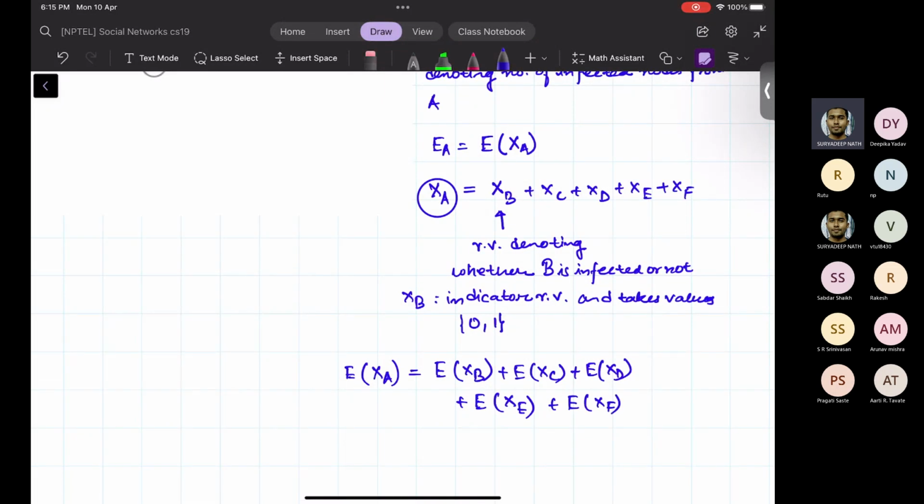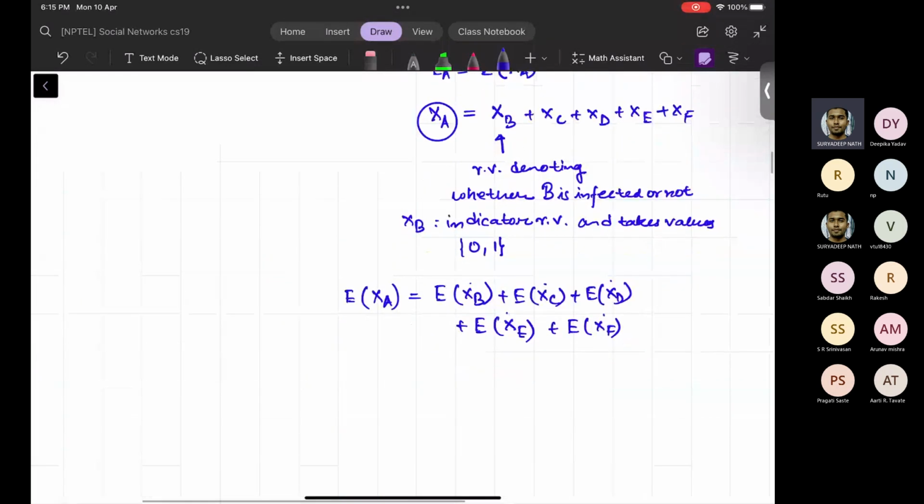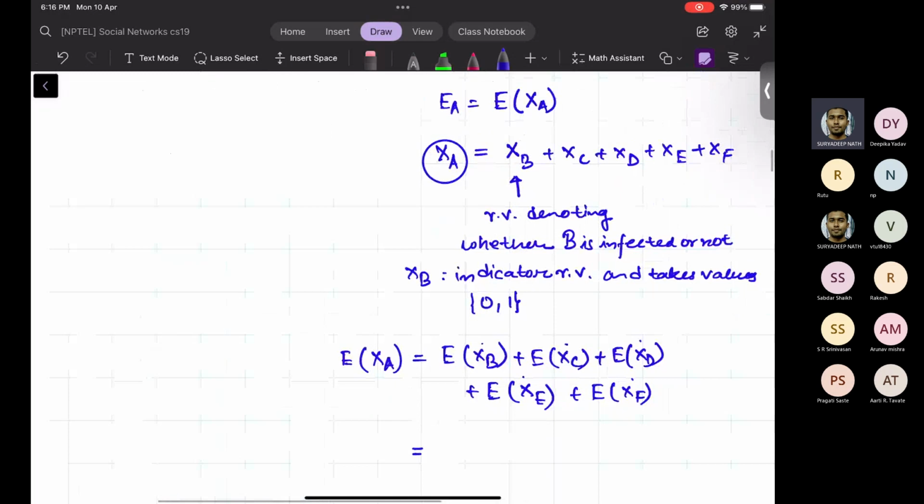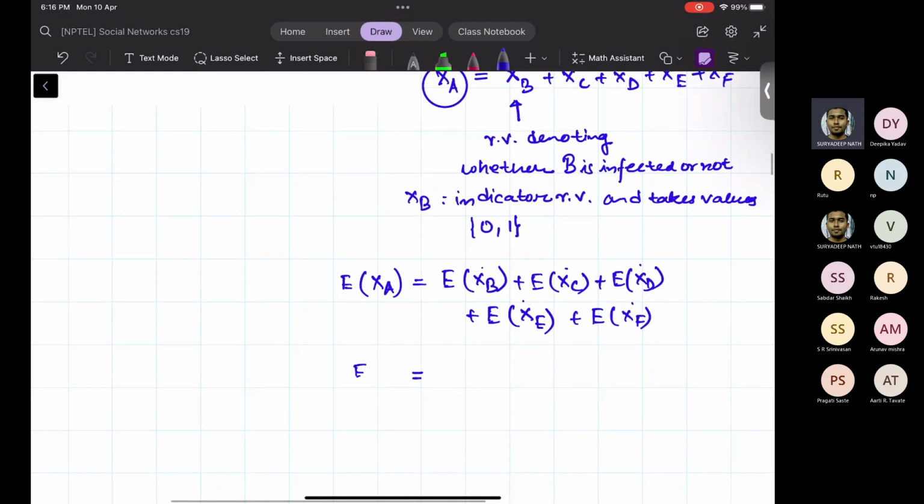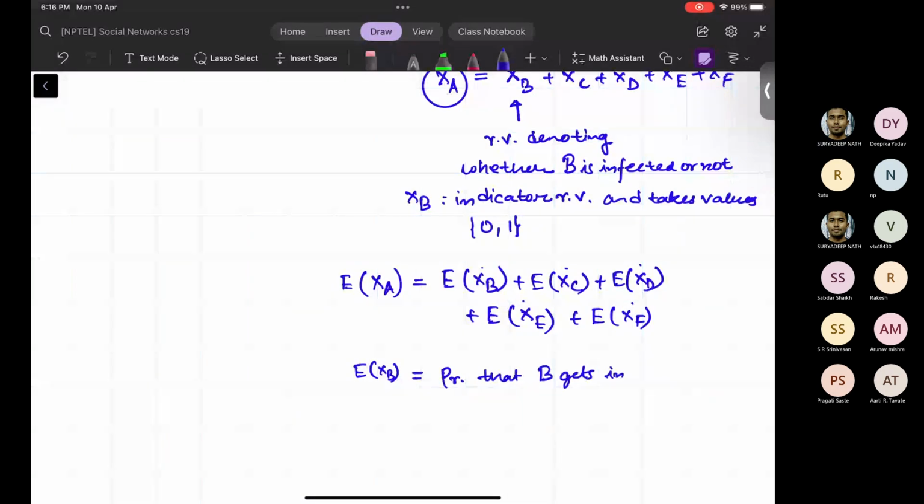Now all these XB, XC, XD, XE, XF are indicator random variables and their expectation is basically their probabilities. So E of XB is basically the probability that B gets infected,